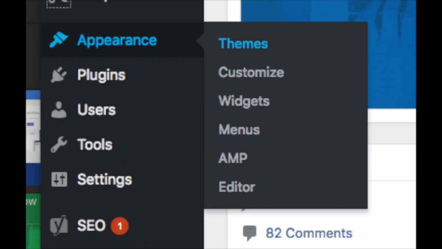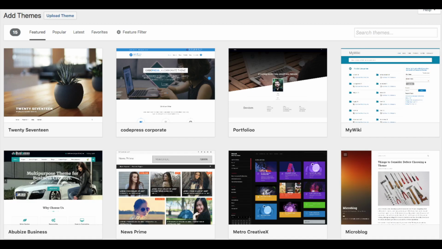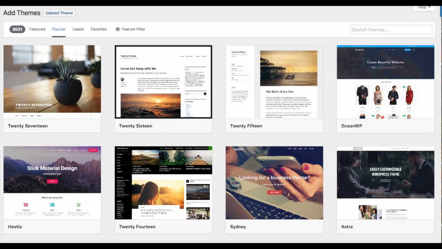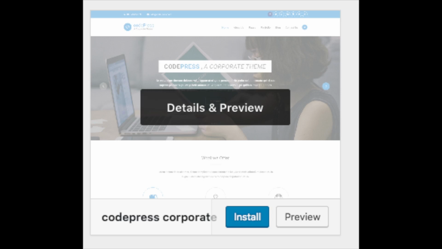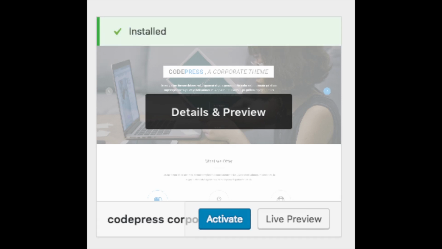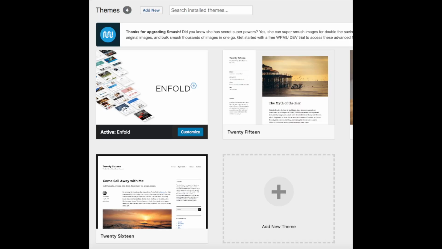Appearance is where you can change the look of your theme or change your theme to another one or a premium theme. Select themes. When you hover over appearance, it will showcase free WordPress themes that you can choose from. If you select most popular, it will show you the most popular free WordPress themes. Hover over a theme and click install, and then click activate to make the theme your WordPress theme. You should also see add new theme on this page. This is where you can add a new theme if you got it from another site or it is a premium theme.